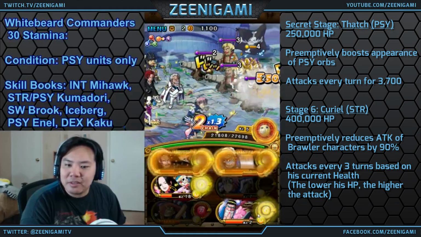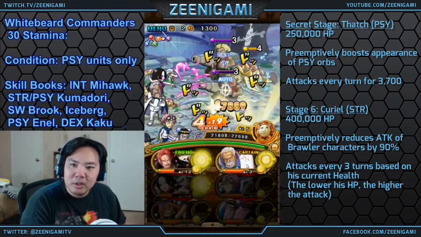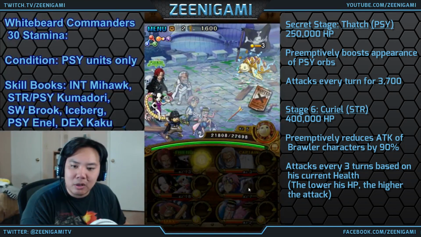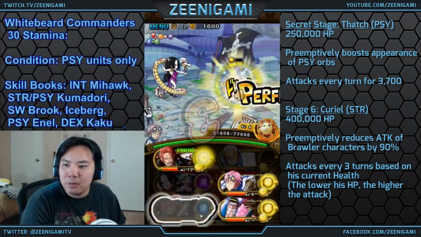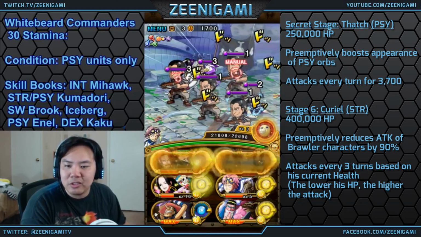Just keep killing, nice and slow. I actually don't need to stall this much. I can just stop stalling now. In fact, I will. Because for my team, the only specials I really care about are Kobe and Garp. Golden Pound Usopp is useful for Curiel. If you bring Golden Pound Usopp, that's who you should use it on, because Curiel is one of the harder